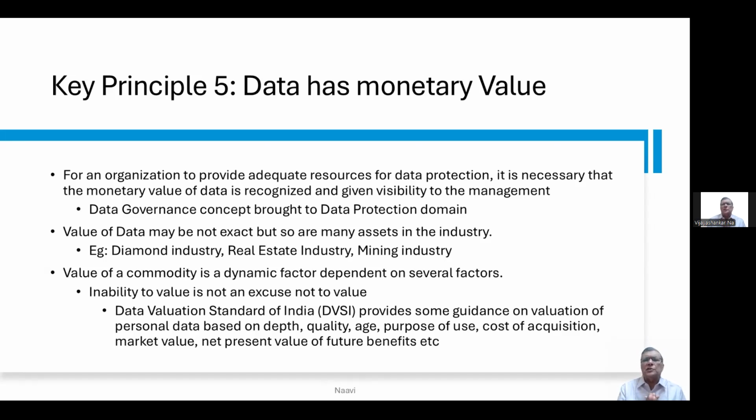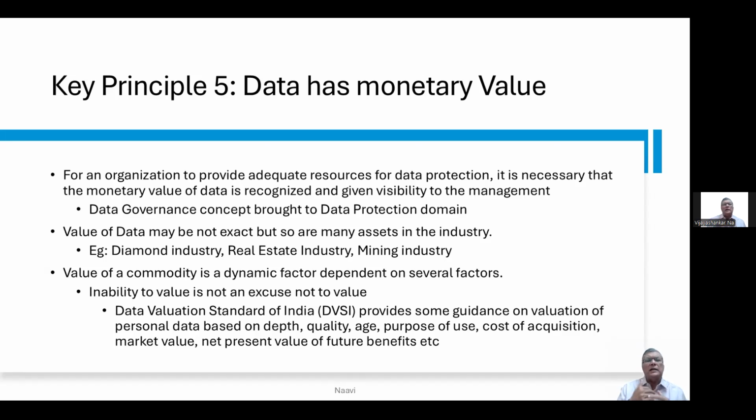A credit card which was issued last month has current data, whereas a credit card which was issued 10 years back obviously must have expired. Okay, and therefore the possibility of assigning different values to different sets of data based on aging is part of this principle. In fact, this also translates into a principle in the AI scenario, where we say that depending upon the age,